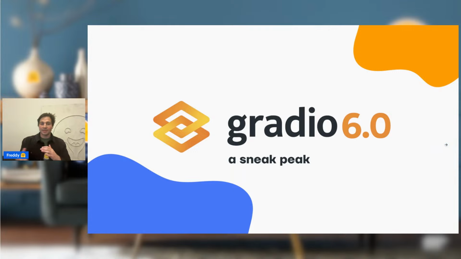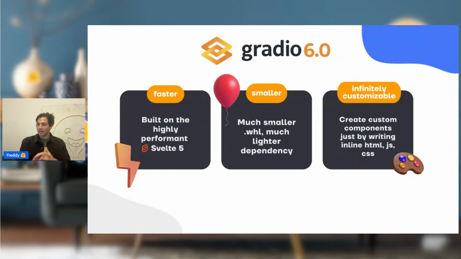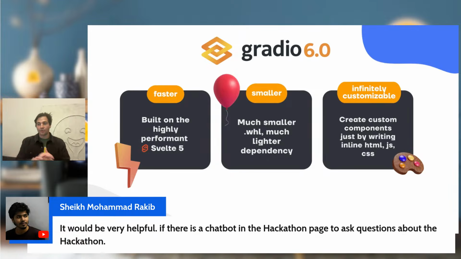So as part of this hackathon, we're really excited to give you guys a sneak peek of Gradio 6, which was released today in pre-release, and we'll do the official release during the hackathon so you can play with it. It comes with great MCP features that we'll go over shortly. Some of the key improvements for Gradio 6 are that it's faster. It's built on the highly performant Svelte 5, so the pages will load faster and all the updates will be faster. And we've also made a lot of improvements to the backend, for both MCP and the UI.